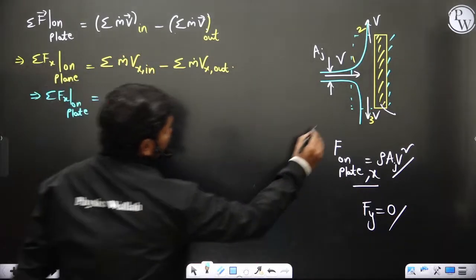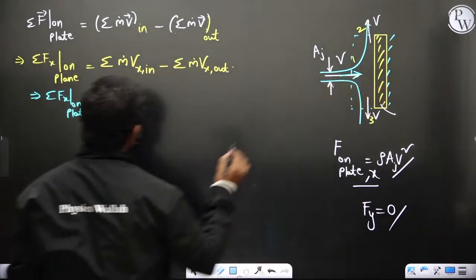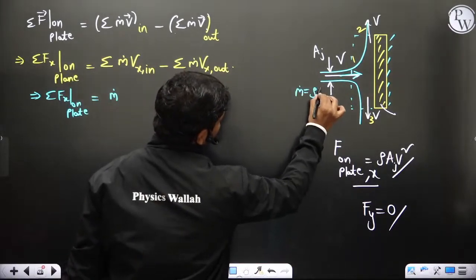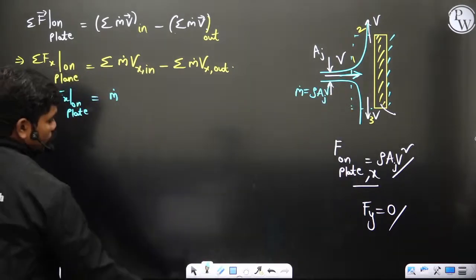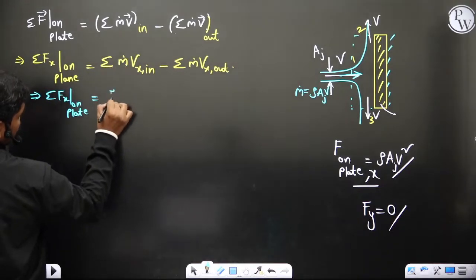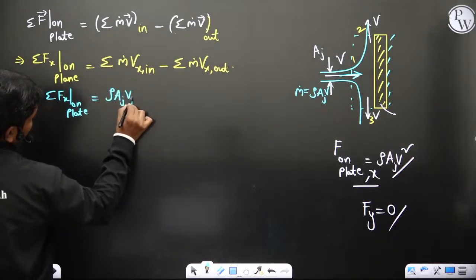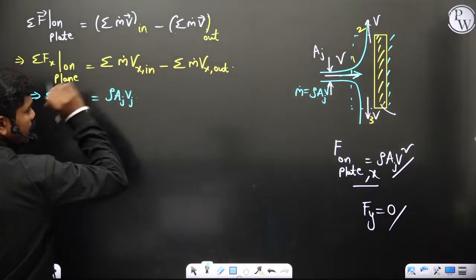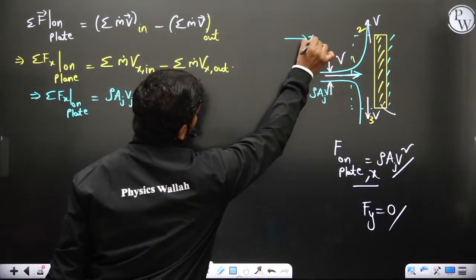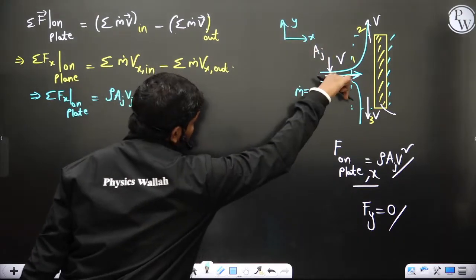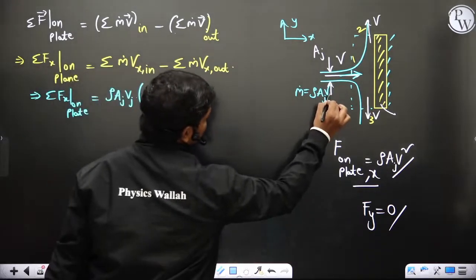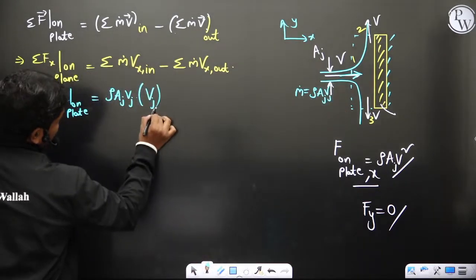What is the mass flowing at this point? m dot is equal to rho a v, if this is a jet, times velocity v. So at this first point at the inlet, the mass flow rate is rho a jet v jet, into v inlet in the x direction, the x component of velocity. For example, if you take this as your coordinate system, x and y, then the x direction is v, so v jet is what you have, minus